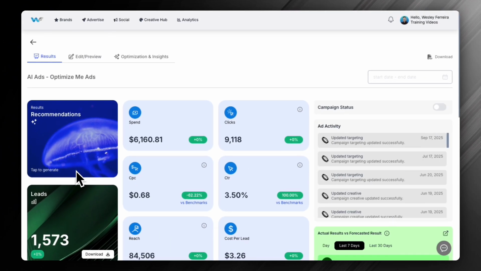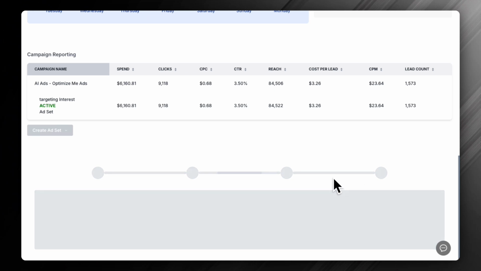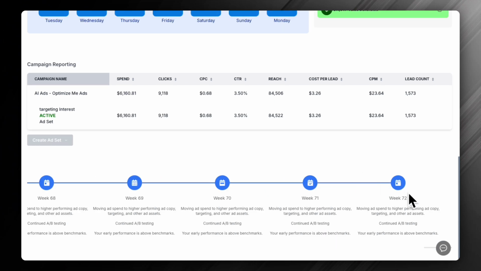example, this is an example of an ad that has been running for a number of weeks. So it's on week 72. And essentially what the AI has been doing is every single week it optimizes and generates better results for the ad. So essentially when you launch your first ad, what's going to happen is in the first 2 weeks, it's essentially going to be split testing and A/B testing your different content that you have on your ad, and it's actually going to remove assets that are not performing, and it will actually focus on assets that are the highest